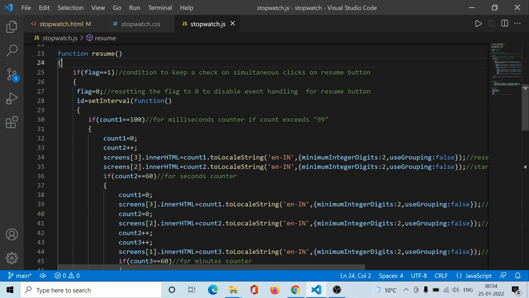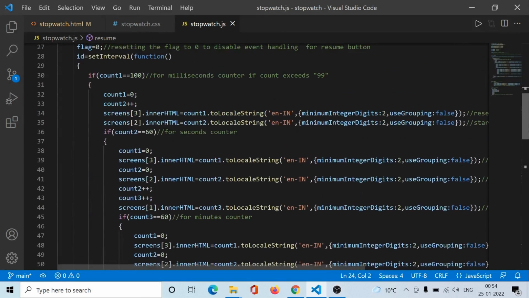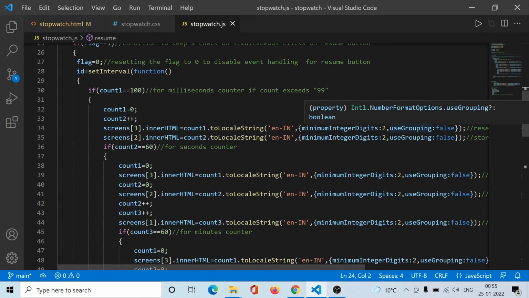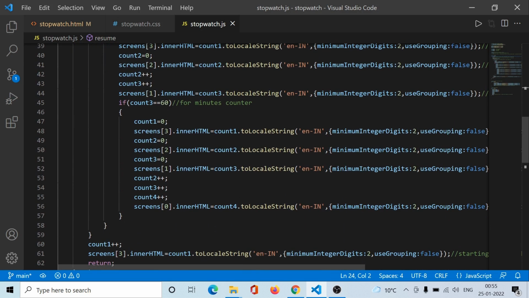So it will start the set interval function with a timing interval of 10 milliseconds, and when this function starts, it will start the millisecond counter, and when the millisecond counter reaches 100 millisecond mark, it is going to start the second counter, and when the second counter is going to reach the 60-second mark, it is going to start the minute counter, and when the minute counter reaches the 60-minute mark, it is going to start the hour counter.